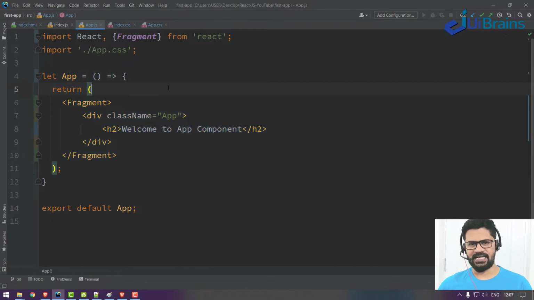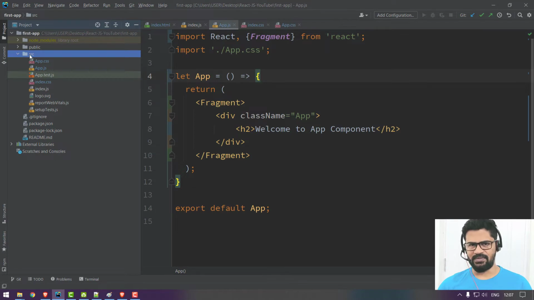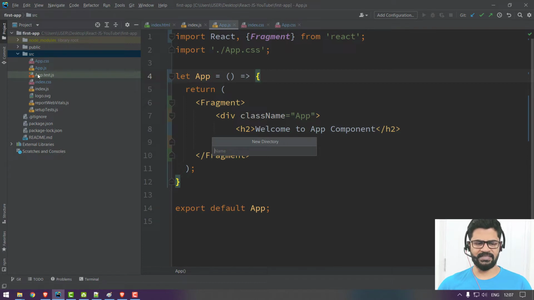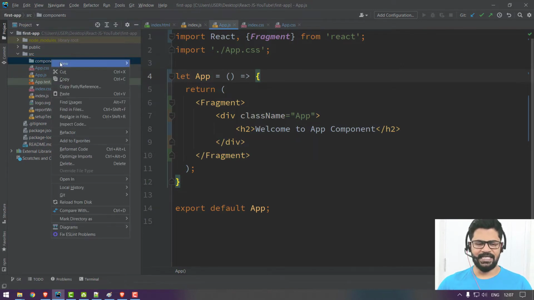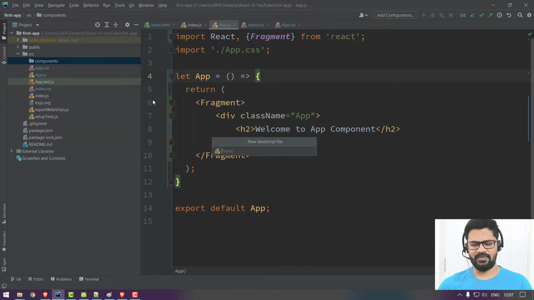First we'll see functional and then we'll see the class. So I want to create my own functional component, with the same structure as this. In src, remember, any source code you write, you have to write in the src folder only. I create a folder separately because I don't want to mess up these files. I create a separate folder, components. In that, I create one JavaScript file, because React is JavaScript based.